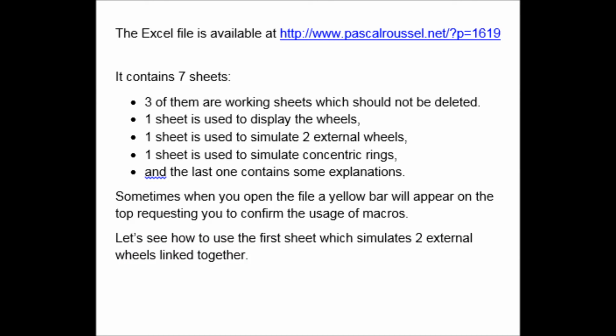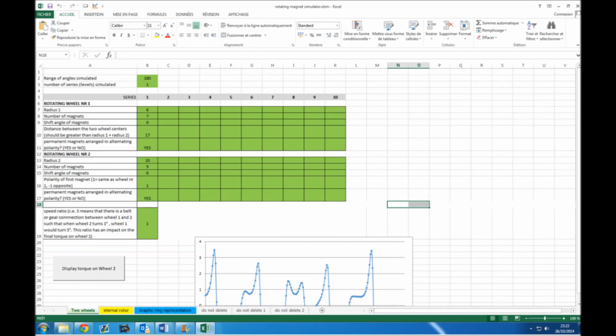The Excel file can be freely downloaded from my blog at the address shown at the end of the video. It contains 6 sheets. 3 of them are working sheets which should not be deleted. 1 sheet is used to display the wheels, 1 sheet is used to simulate 2 external wheels, and the last one is used for concentric wheels. Sometimes when you open the file, a yellow bar will appear on the top requesting you to confirm the usage